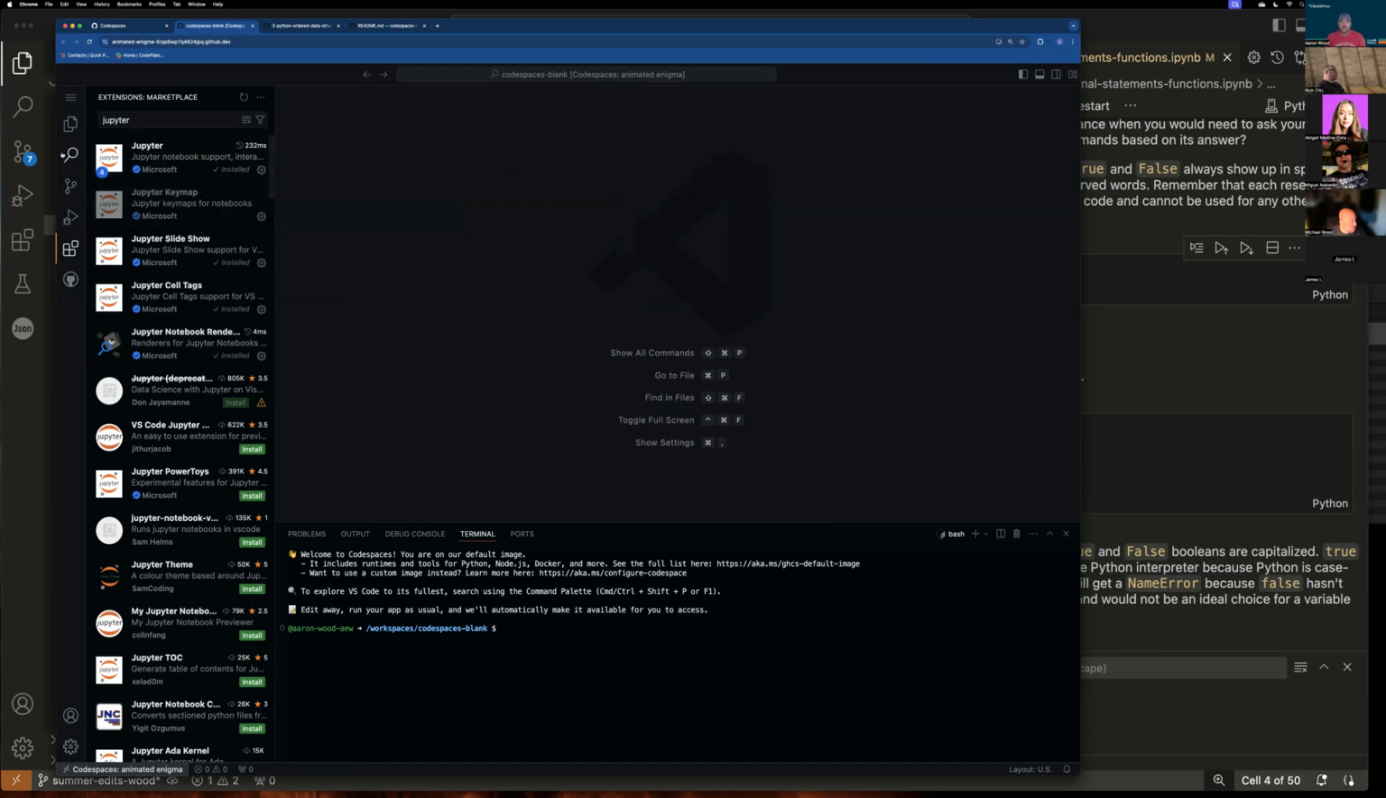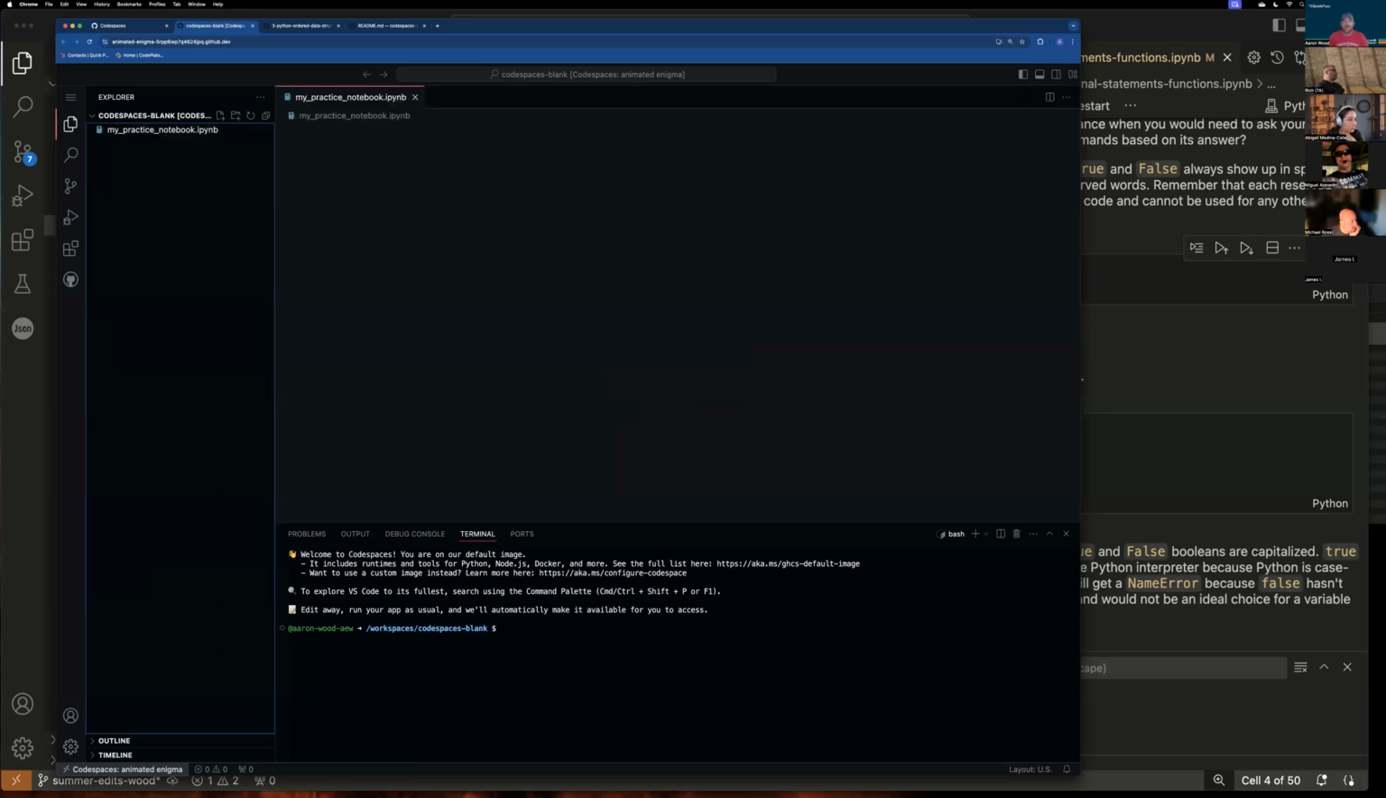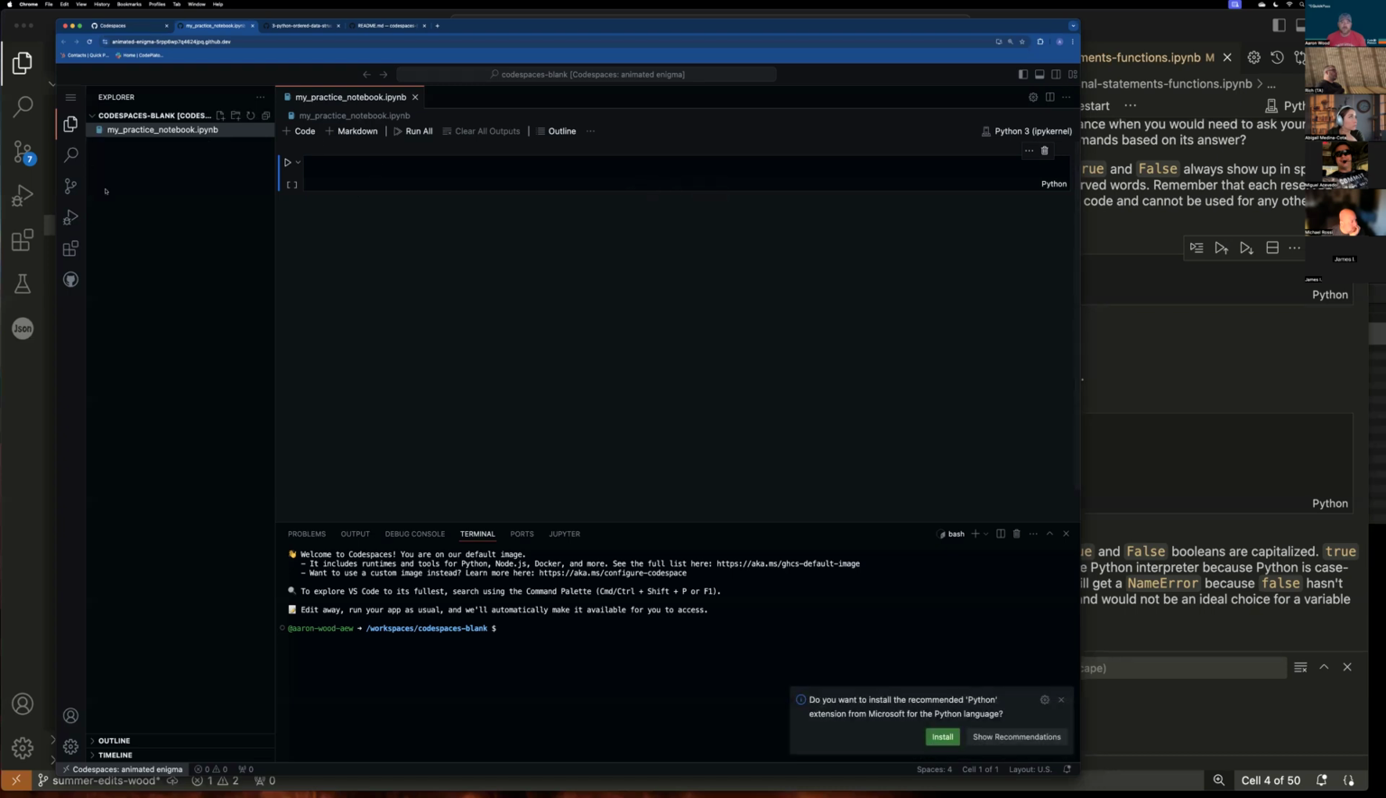It finished. I can go back here and you can start with a blank Jupyter notebook. You can hit New File and just say my practice notebook, and you do .ipynb. That is a Jupyter notebook. And if you look, this is the Jupyter notebook. When you activate one file, then you get this